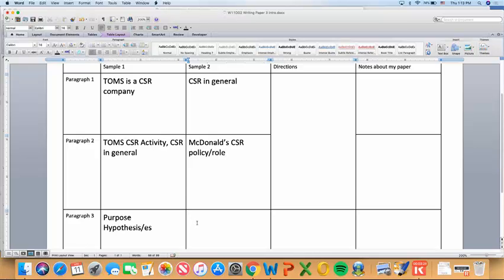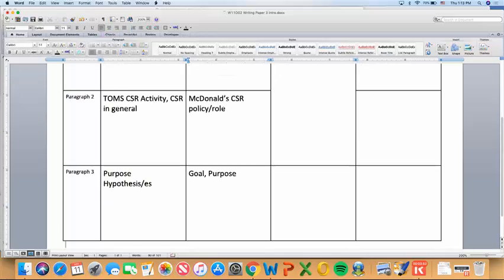How about paragraph 3? What's in paragraph 3? Anyone? Is Dari the only one that read this? Did anyone else read it? So what's in paragraph 3? The goal of the research. Yeah, so the goal, like we've got the purpose, which are similar, and then anything else? So yeah, do we have the hypothesis? Yeah, so they include the hypothesis as well.